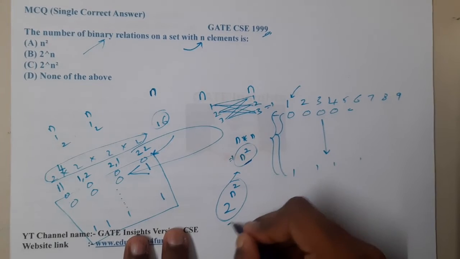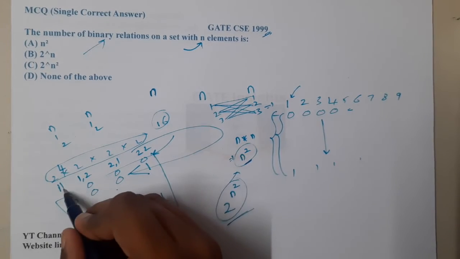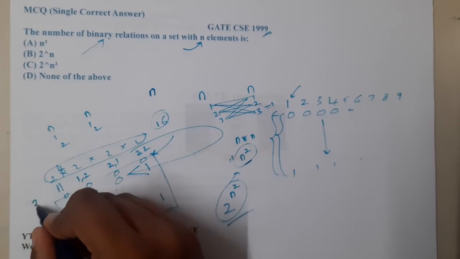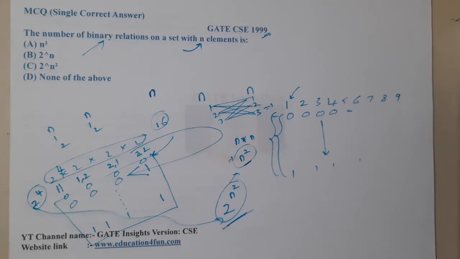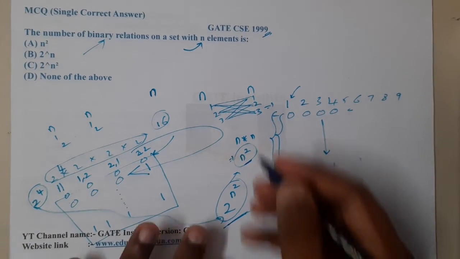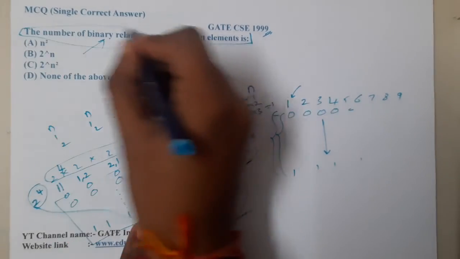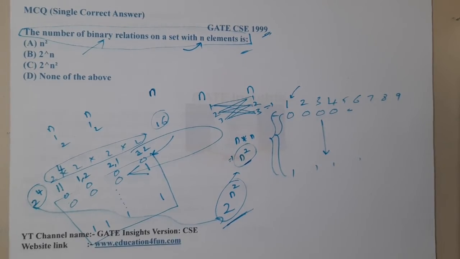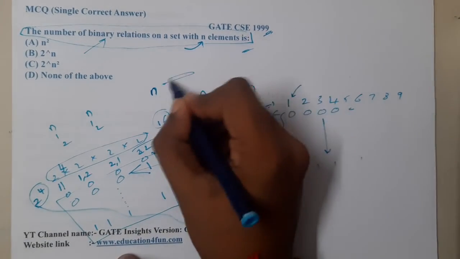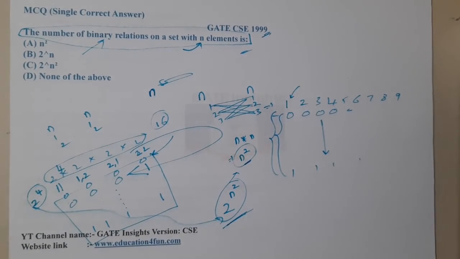To convert it into a formula, how many pairs are there? 4, so it is 2 power 4. In the same way, this is 2 power n square. It is quite an interesting and easy question. The only thing is you should understand the question carefully, and whenever the question does not give clarity, you should assume things. Here it did not say that it is a self relation or anything. That is the thing we should understand.